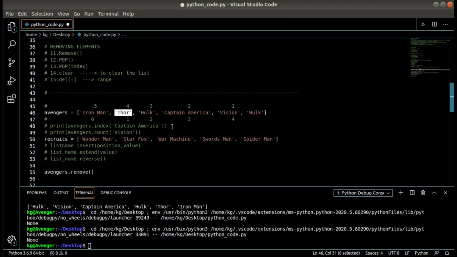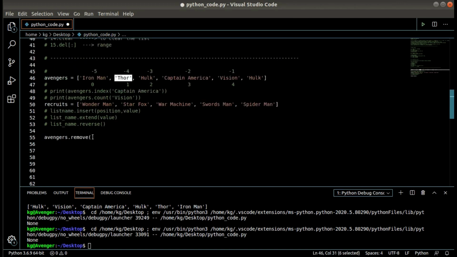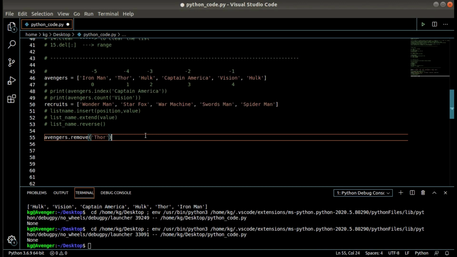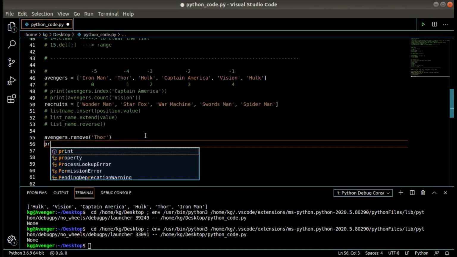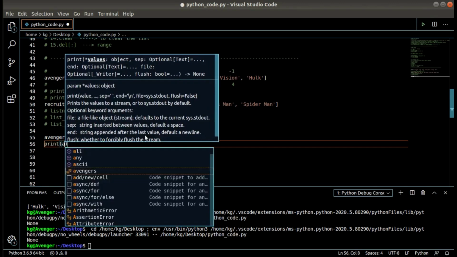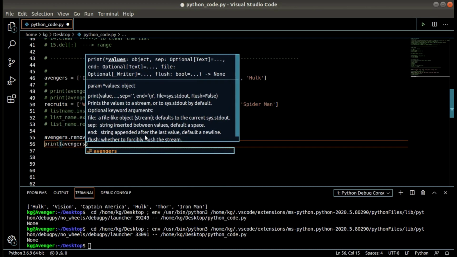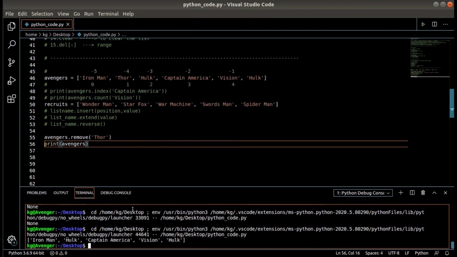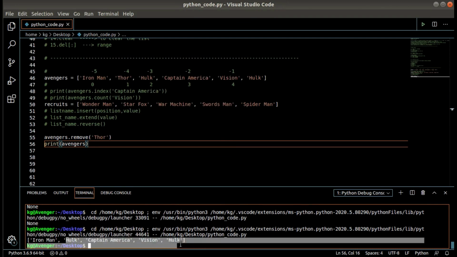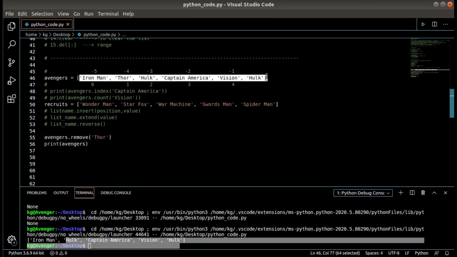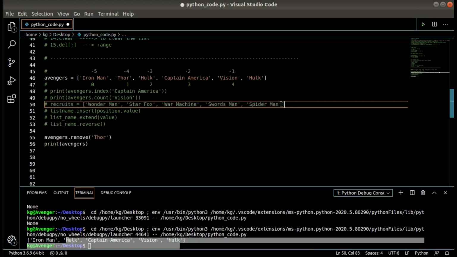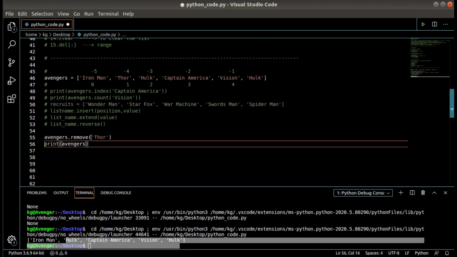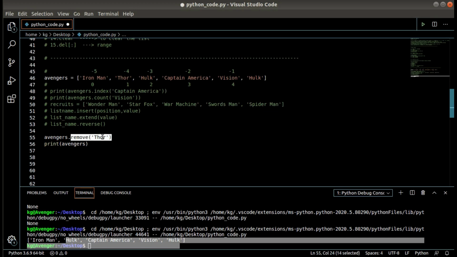That is, if I decided to remove Thor from the team, I put Thor over here and print Avengers. Okay, Control F5. You see, Thor is gone from the list. This was the list and Thor is not there. So simply by using the remove method, I have to pass the item in the list.